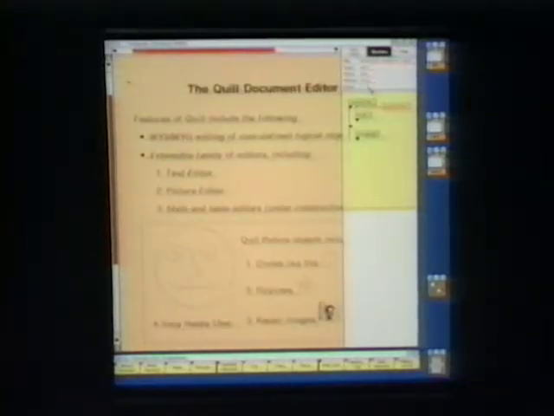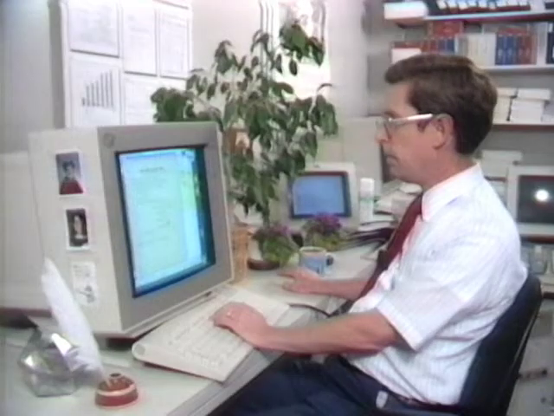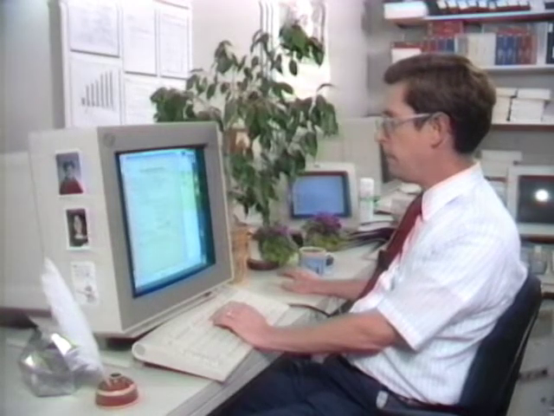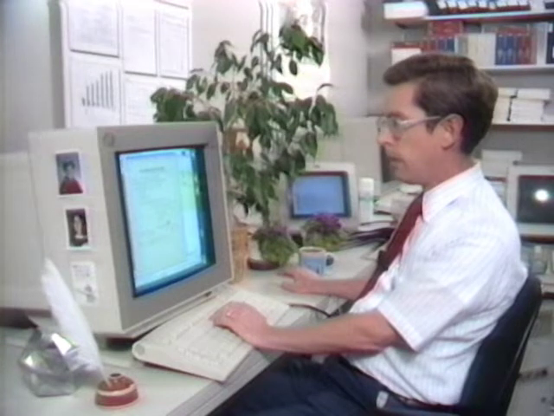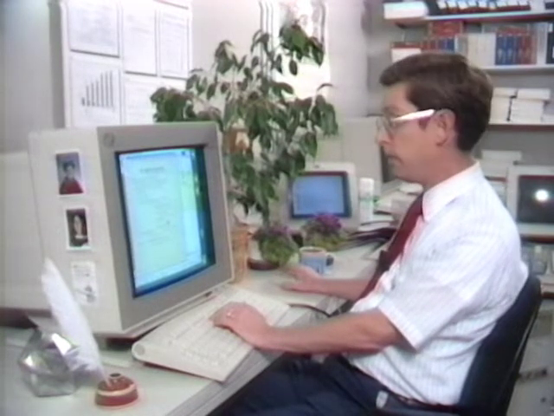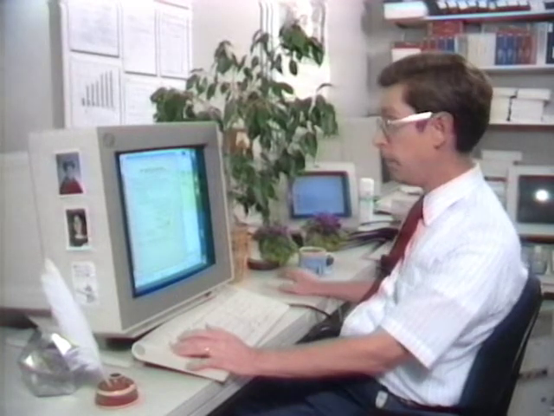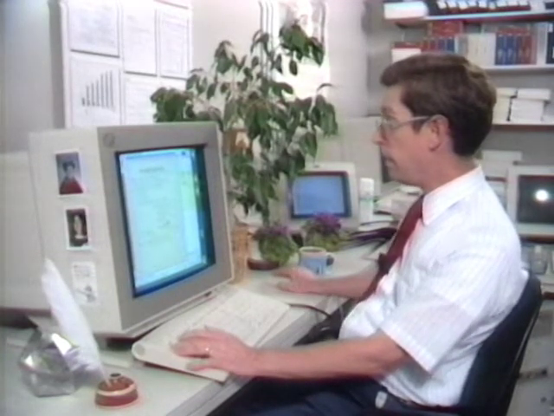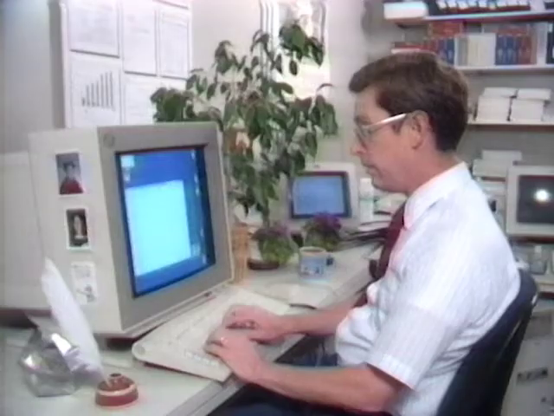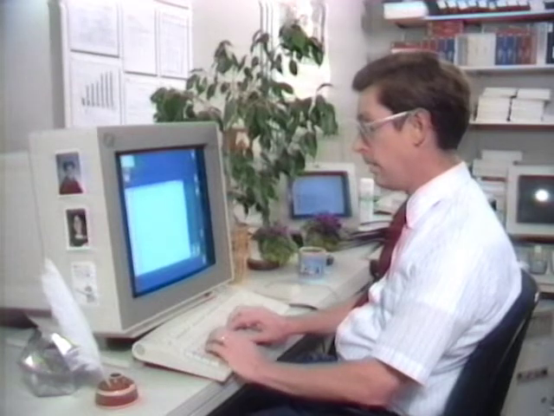Now I'm going to change this document back into a foil again, and I'm going to save the foil that I've made in the form of a PostScript file. PostScript is a page description language that I can send to my printer to get a printed copy of this page. And to show you how I do that, I'm going to collapse Quill into a little icon and call up my host terminal and ask it to upload the PostScript file